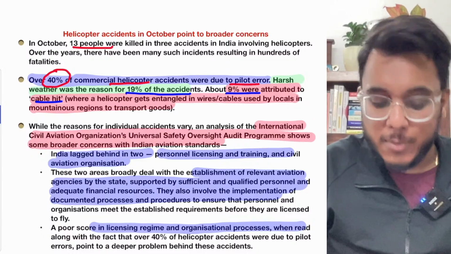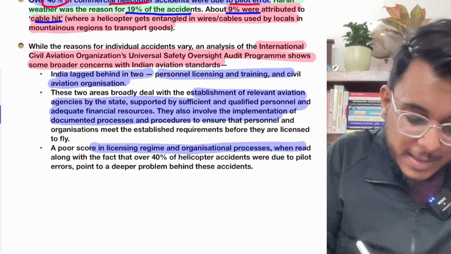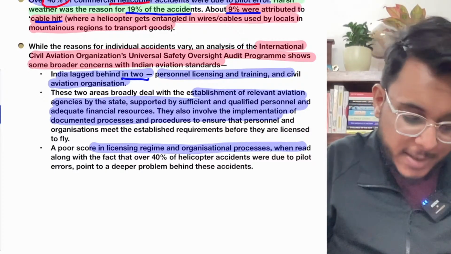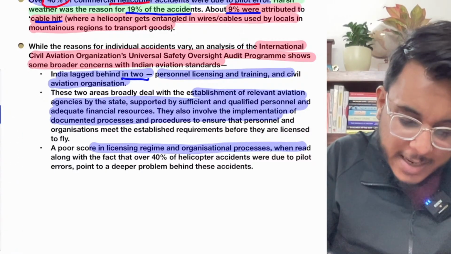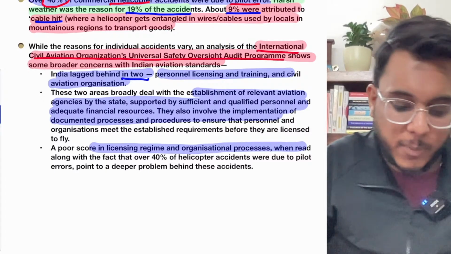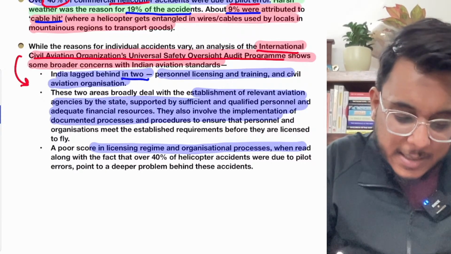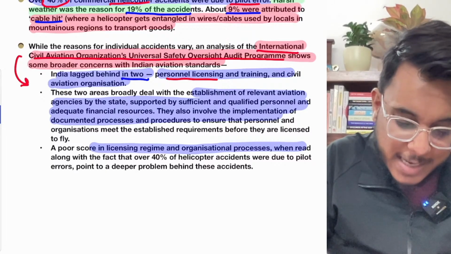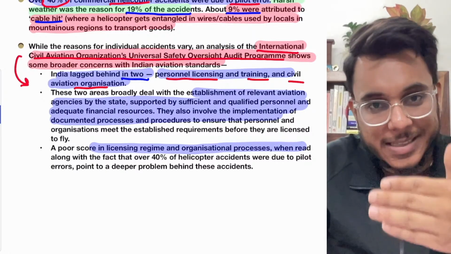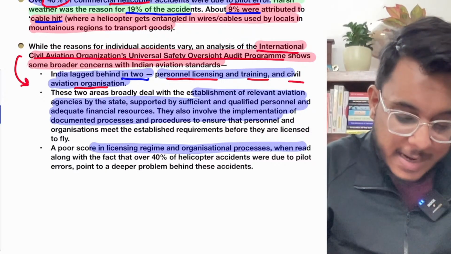Now when we talk about India, guys, understand this particular thing: India actually lags in certain issues, and these are something that we need to address immediately. There is the International Civil Aviation Organization's Universal Safety Oversight Audit Programme, and this programme shows that India lags in personnel licensing as well as training and civil aviation organizations. So when we are giving licenses to pilots, and when we are doing their training, at that point of time,